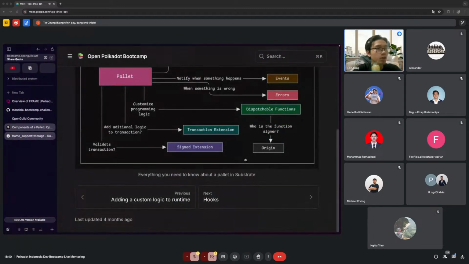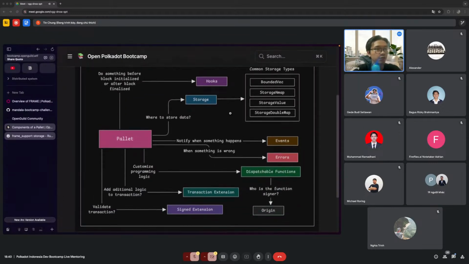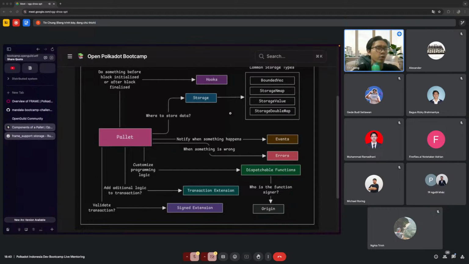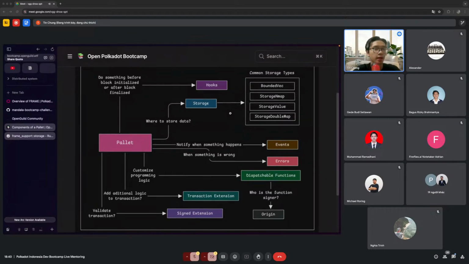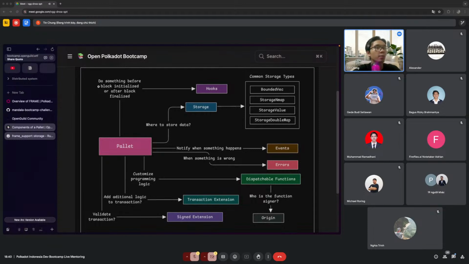Yeah, there's another component called a hook. The hook is similar to, if you code in React already, you're going to be familiar with hooks. For example, useEffect or useState. So the hook is basically something you put there, and whenever some kind of event happens, the hook is going to be called. For example, you're going to have the hooks called on initialize and on finalize.